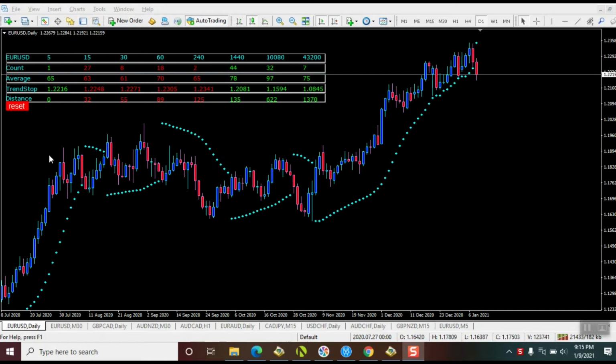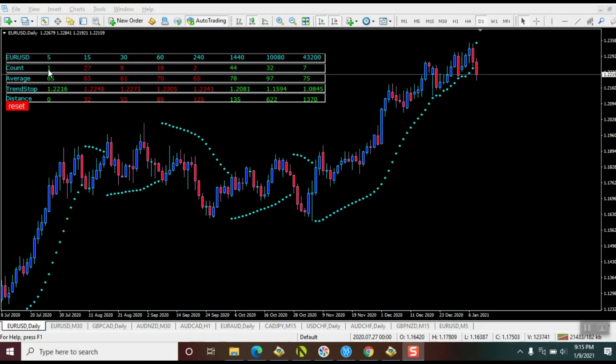When you scan for a break in that, you can scan all the pairs, all the time frames, or you might not be interested in anything other than one single pair. There's no point in scanning them all, or there's less of a point, I guess I should say, in scanning them all when you're only interested in one. In the case here of EURUSD,